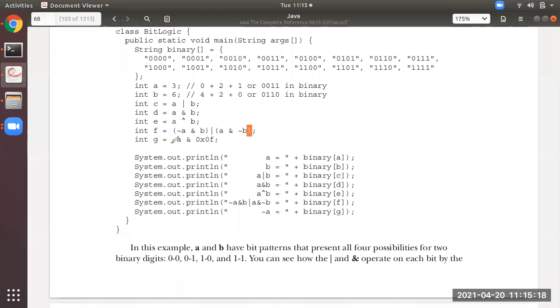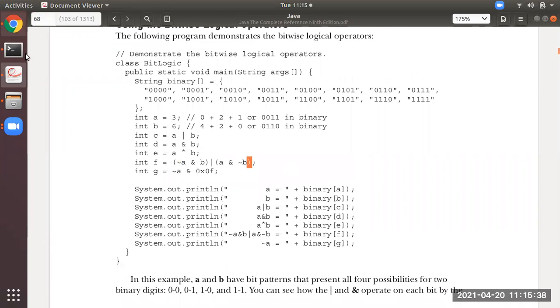Then G is nothing but performing an AND operation. You can see the AND operation is applied to negation of A and to some number. Remember, this is a hexadecimal number representing 15. 0x0f means 15. Don't get confused.